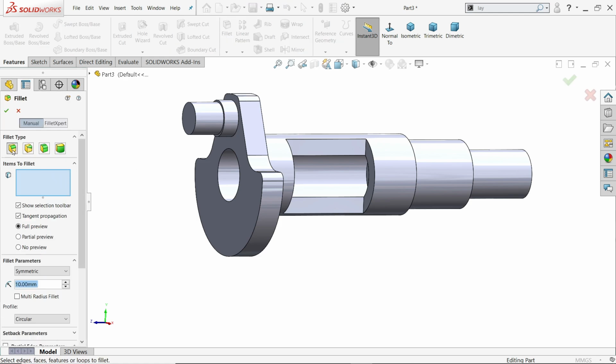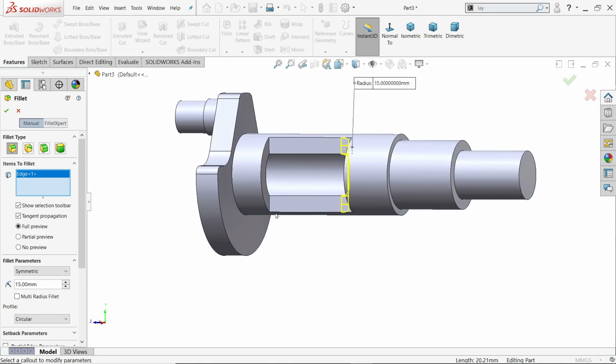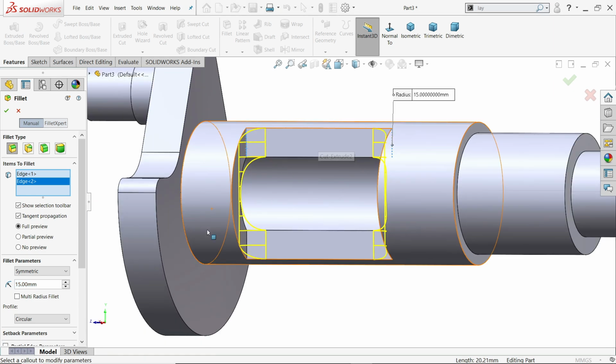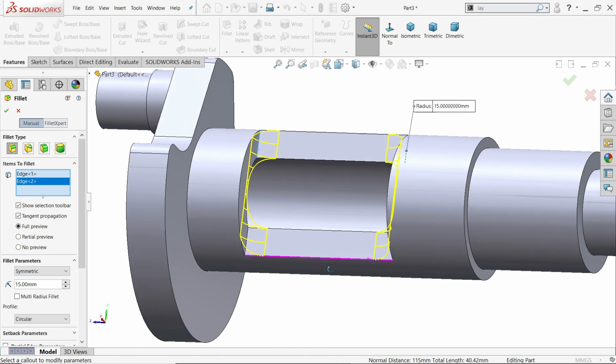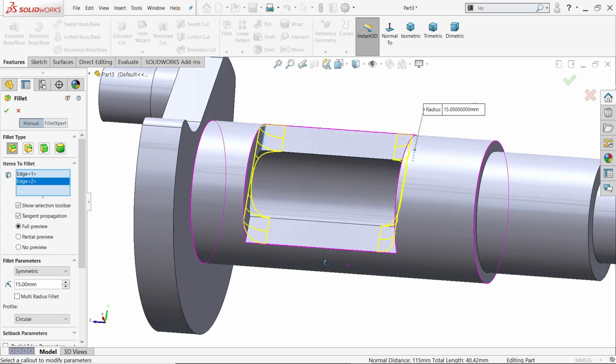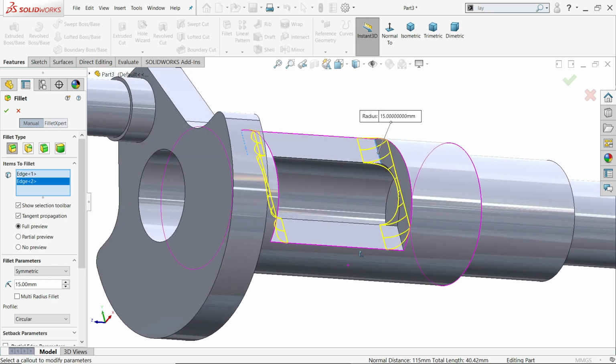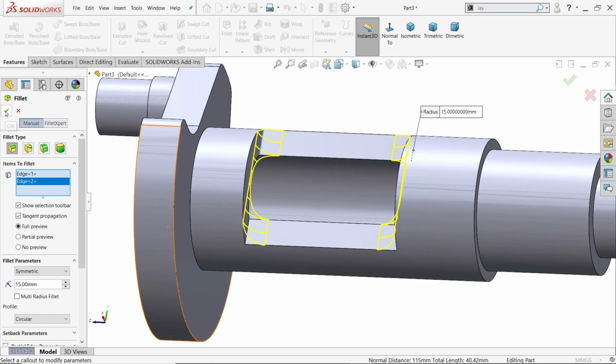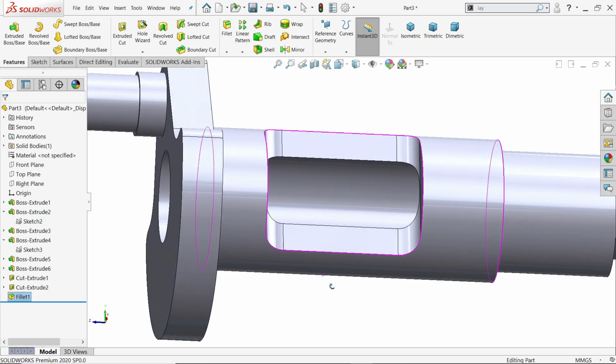Activate feature. Now here I'll choose constant size fillet 10 millimeter and I choose this point. Now here I'll change to 15 millimeter. Okay, now let's click this end, both ends are 15 millimeter. If you want to rotate this in 3D view, just press your cursor wheel, press and rotate. See, say OK. Now look.